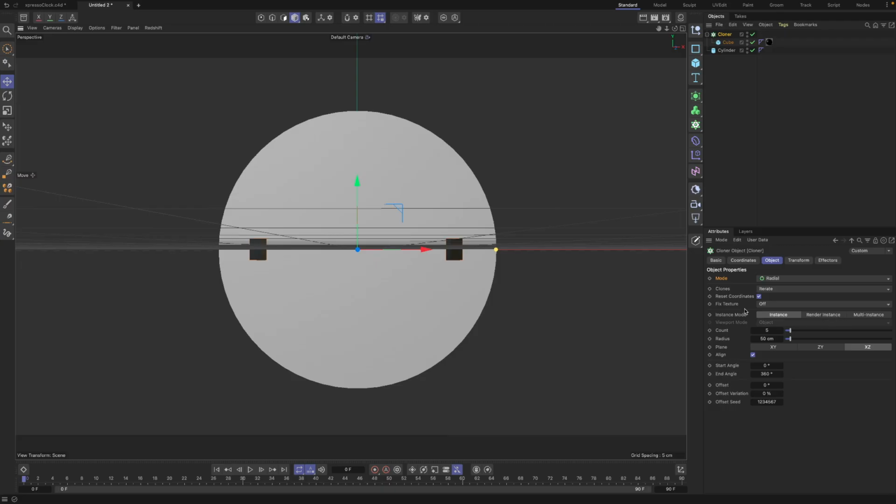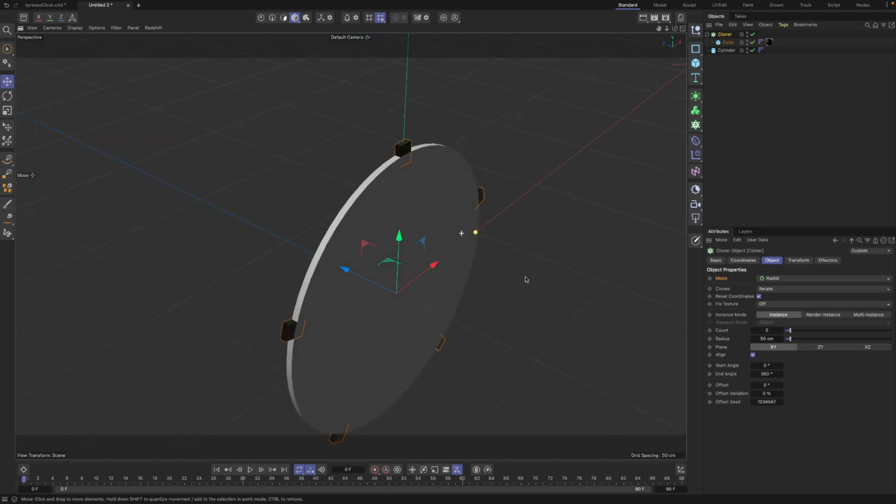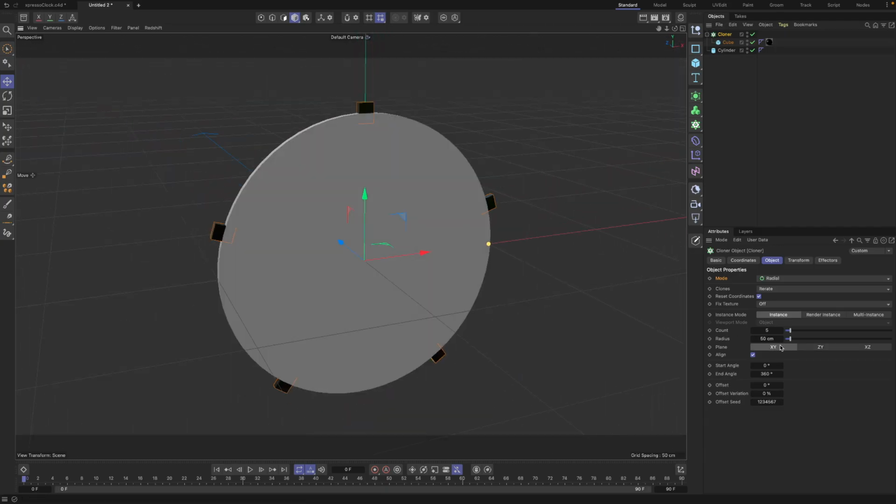perspective. So I need to change the plane of the cloner. So ZY no, XY yes. So this is the plane that I should be dealing with. So I can